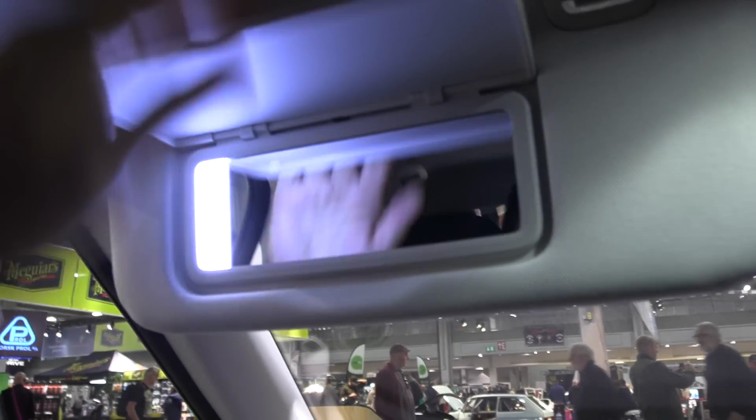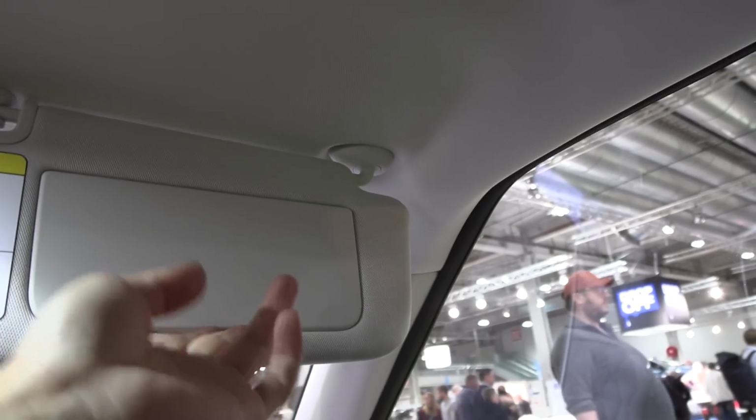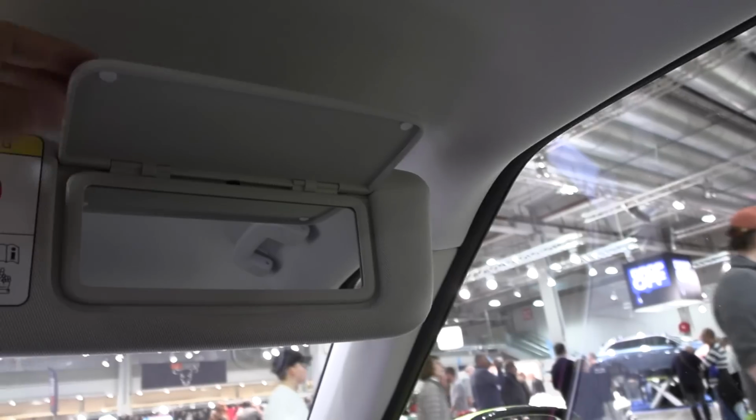Do we have light here? Yes, wow, even lights there. Not too bad. What about over here? Same there, right? A bit hard to open it. There. No light there. Okay,